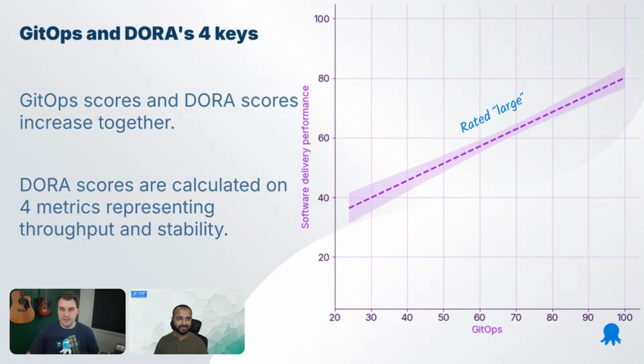The shaded areas are nice and tight in there with the line as well, which means that this graph did plot pretty much that way. So we rated this quite a large finding in our report. Is this, Amit, do GitOps practices directly improve these key DevOps outcomes, like the four core? 100%. Yep, there we go.